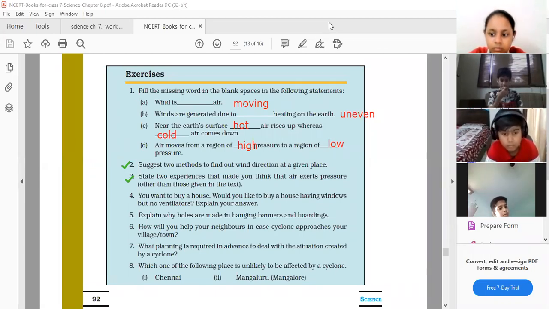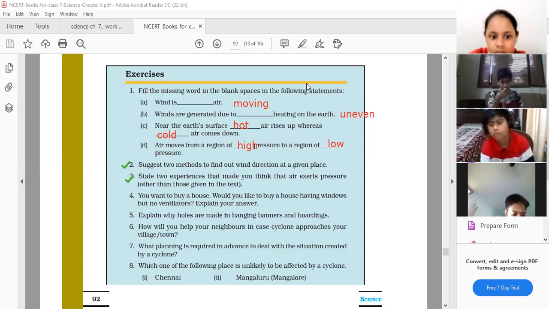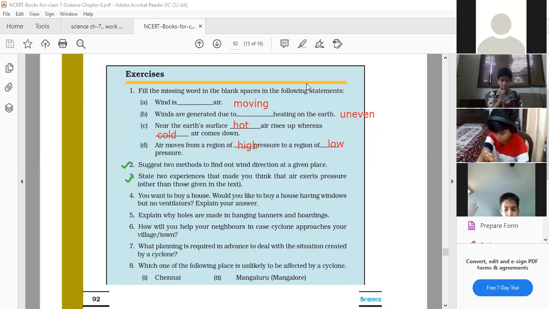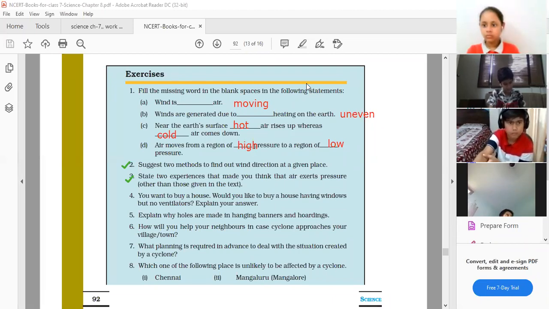Ma'am, may I? Yes, Avika. Ma'am, there is an example of a cap of a pen. If we blow the air, ma'am, the hissing sound is coming from the cap. This shows that the air has pressure because the air is escaping in and out from the cap. Okay, but children, so many examples are there. Any two examples. You may write down your own examples. Okay, no issue is there.